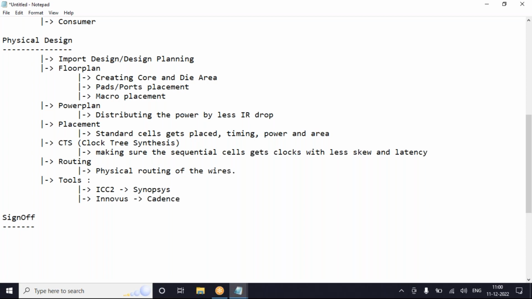Okay, Cadence Innovus and Synopsys ICC2. It's the latest version, and Synopsys also gives you Fusion Compiler. Fusion Compiler means it's an integration of multiple tools together. That means from the RTL to sign off, by using this Fusion Compiler, you can complete.